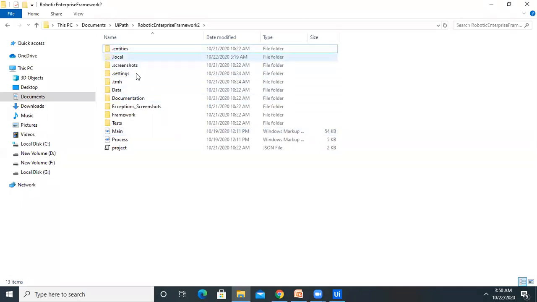These folder structures definitely have some meaning and insight, otherwise it will not create them for you. For some normal project where these folders are not available, you have to create them if you need them. But the RE framework is designed in such a way that you can find each and every detail in these folders.